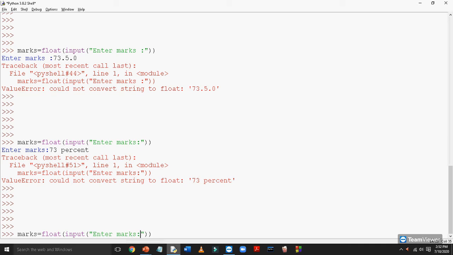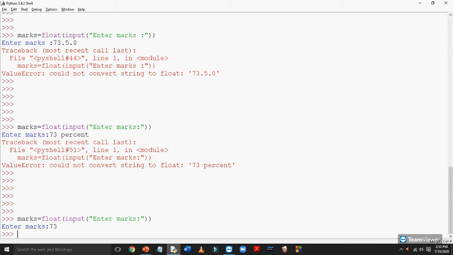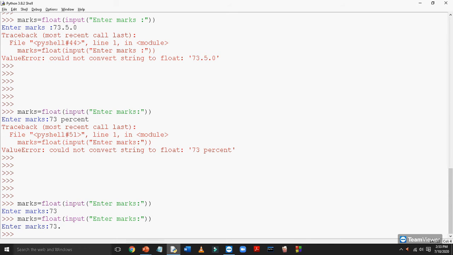Enter marks. I'll put the value as 73. It did not give us any error. marks = float(input()). Enter marks. 73. Again, we did not get any error because these values are float compatible.